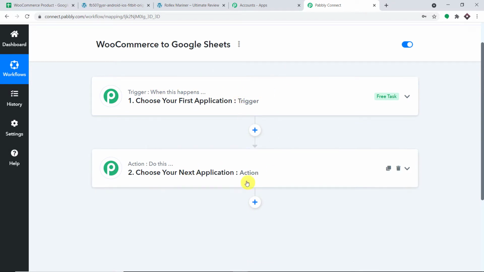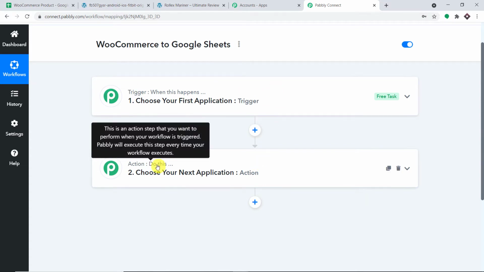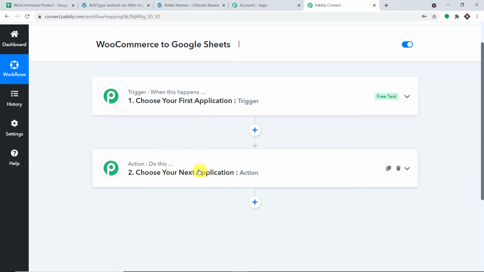So what's the deal with the trigger window as well as the action window? Well, the trigger is basically an if statement. It asks the question, if this happens, what should be done? For example, if a new product is created in WooCommerce, that is basically a trigger event. Now, the action event is that we are going to enter the details of that product into Google Sheet. Overall, the gist is that using the trigger window as well as the action window, we are going to create a workflow to integrate WooCommerce to Google Sheets.